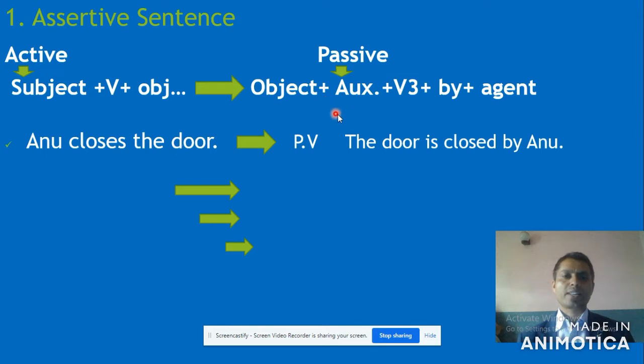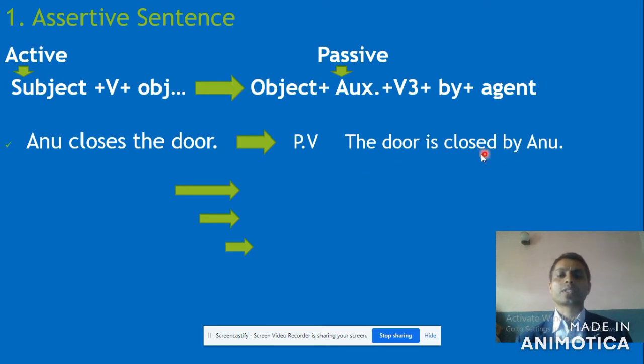And here as well is a passive example sentence. I already taught you that the object of the active voice becomes the subject in the passive voice. This is the most important thing that you have to remember. Got it? The door, then is. I already told you that this is a simple sentence under the category of simple present. So if there is a present simple, then obviously is, am, are, was, were plus verb 3. I told you in my previous lesson. So here is, we brought it because the subject is singular. This is simple present, so is.